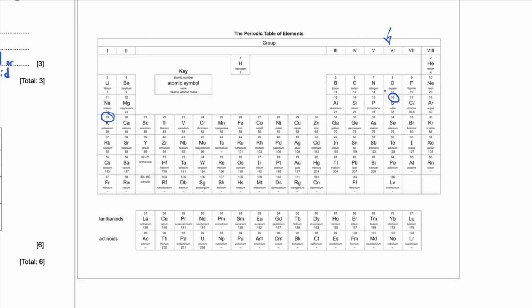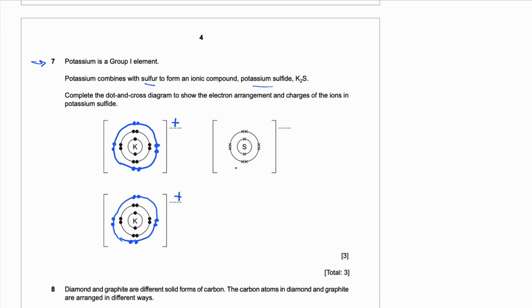Remember, sulfur has an overall 16 electrons. So in the last shell of sulfur, we still have 6 electrons from sulfur. So sulfur is represented by crosses. So we have 6 crosses. And to complete that outer shell, we need 2 more electrons, and those 2 electrons have been gained from the 2 potassium ions, but you have to represent them as dots because those 2 electrons have been gained from the 2 potassium atoms to turn them into potassium ions,